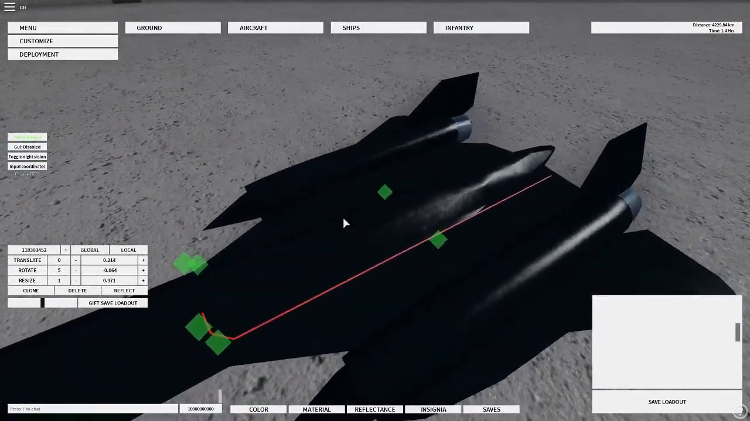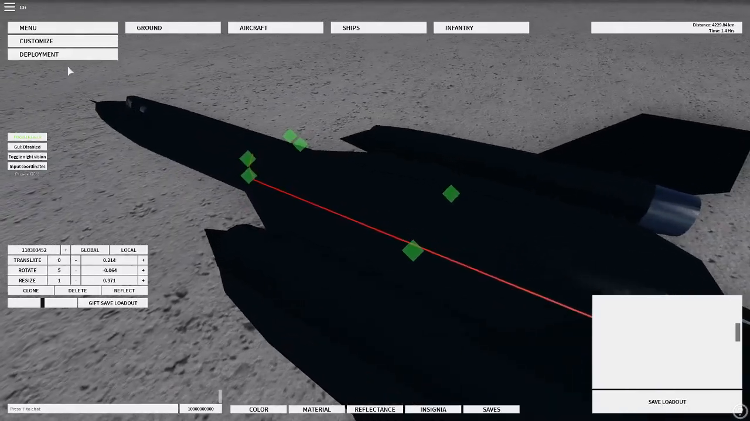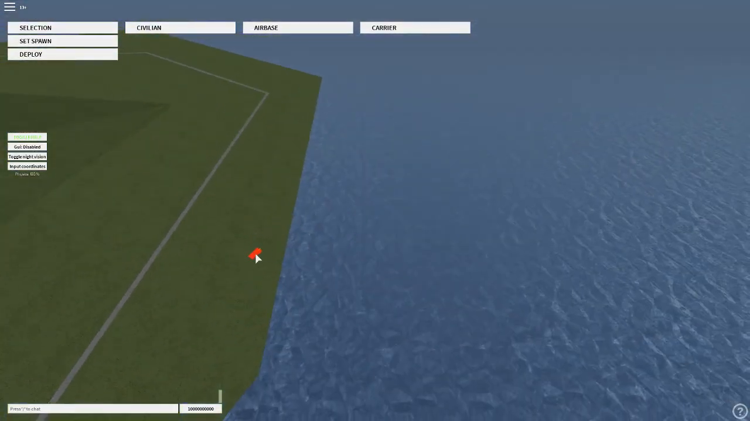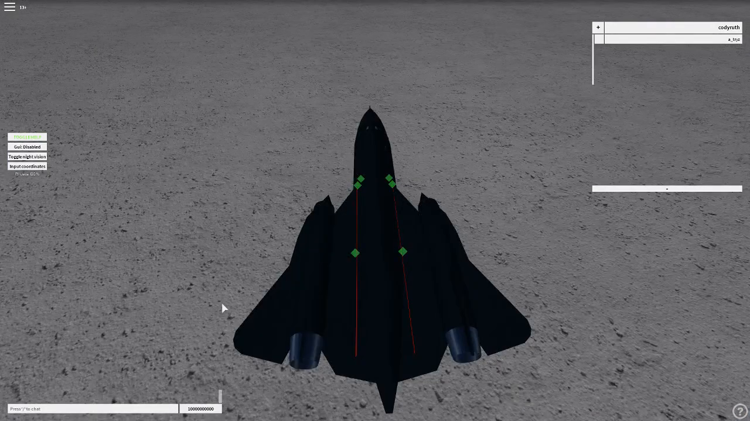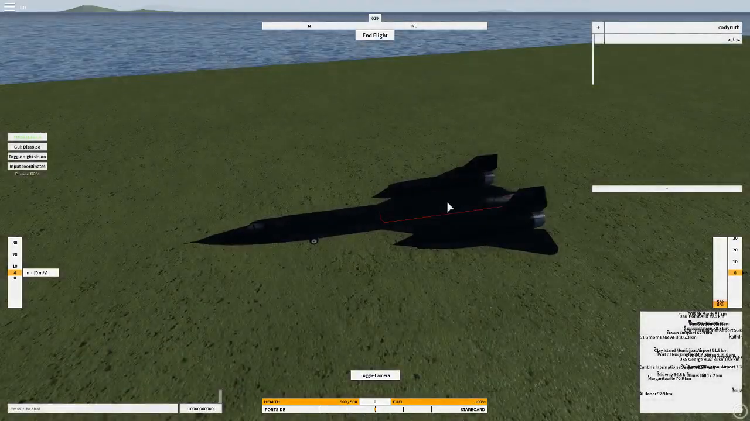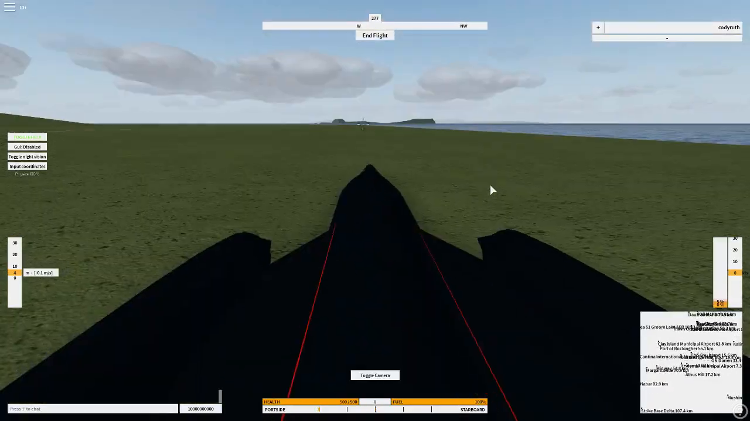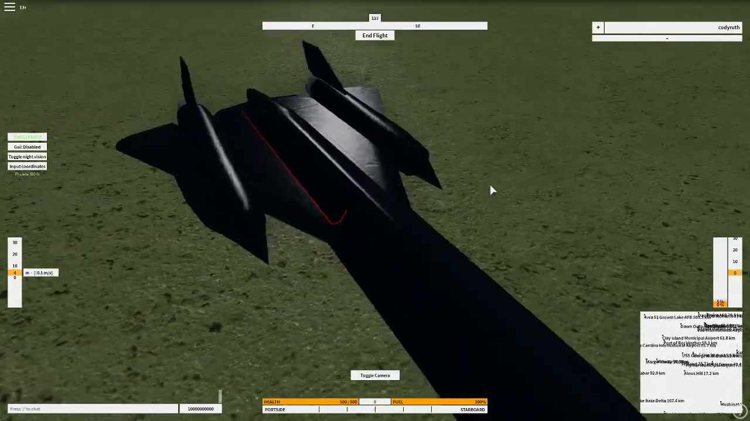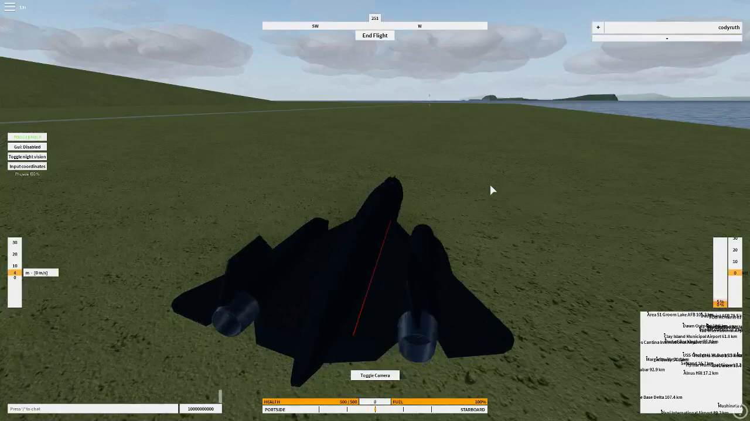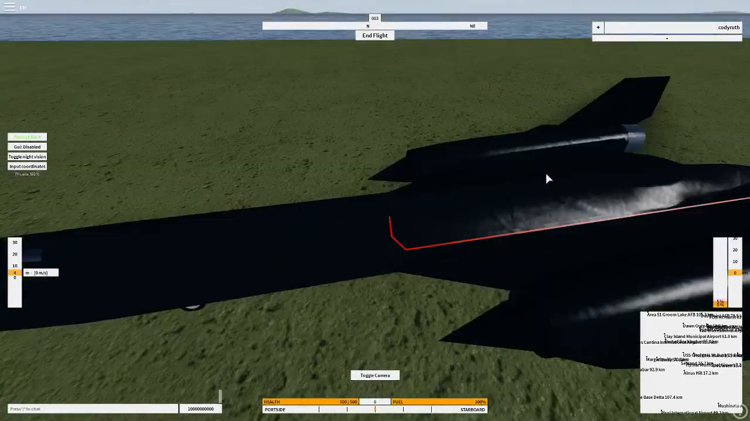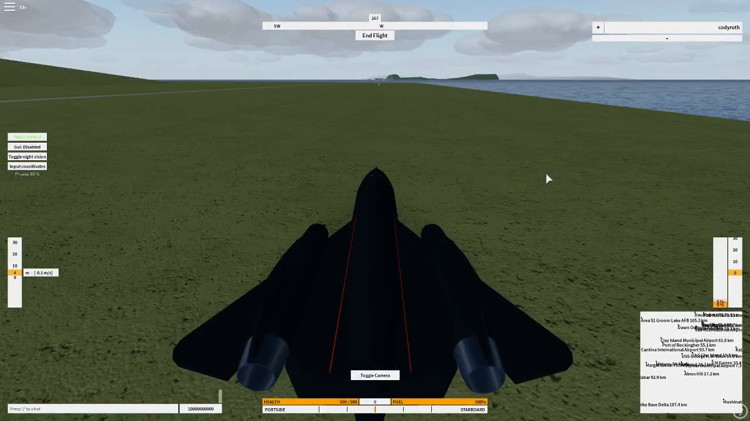When you're using lines, it's a good idea to then go to deployment and then go to any spawn to check your lines. So when you check the lines, you can see how big they are. If you can see them properly, it means they're big enough. If you can't really see them easily, then it's not wide enough. So